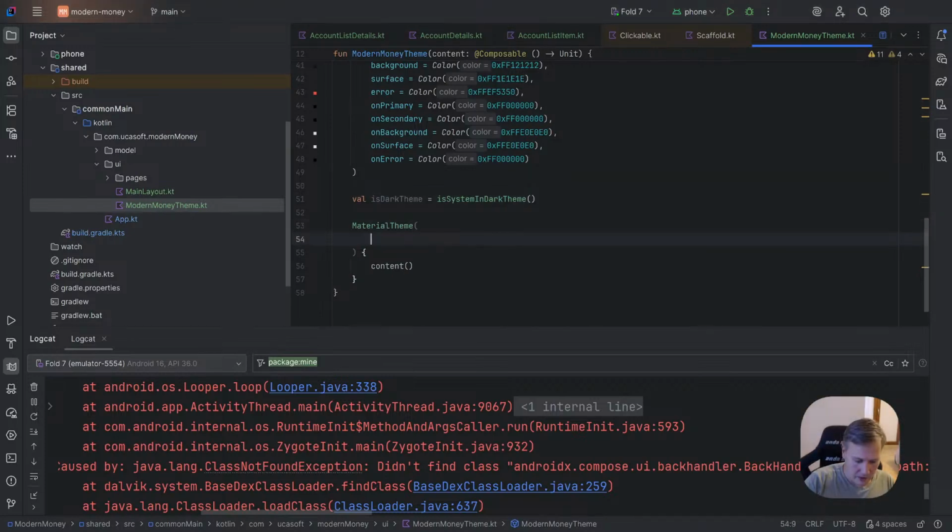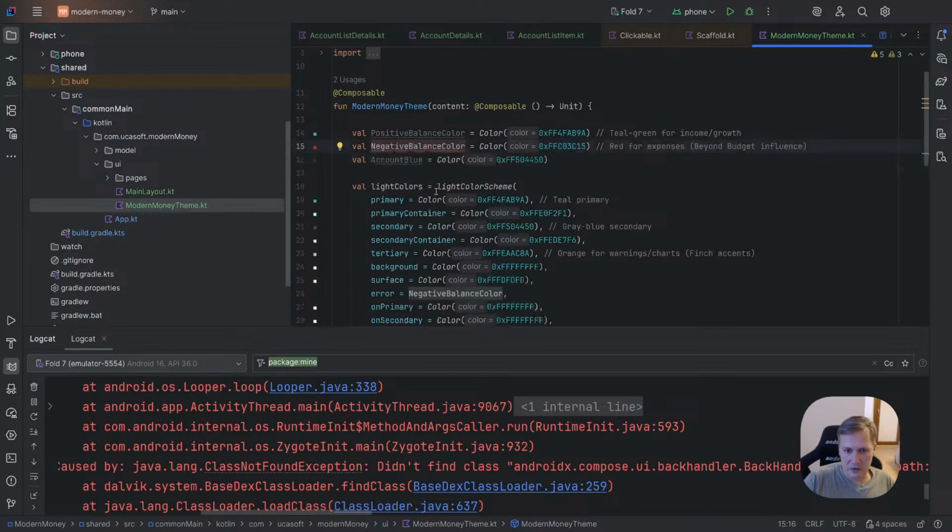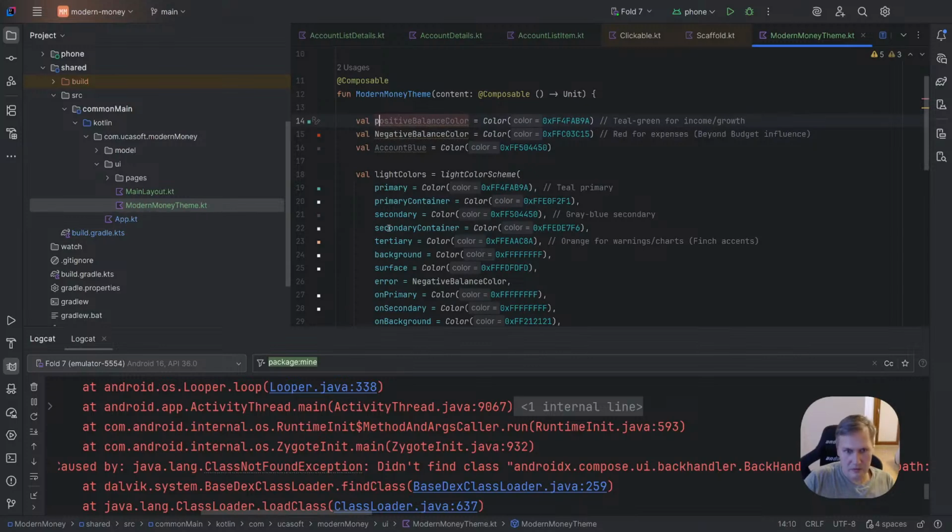So here, if is dark theme, we provide dark colors, else we provide light colors. And it's in one place. Again, it was generated, so maybe we just need to